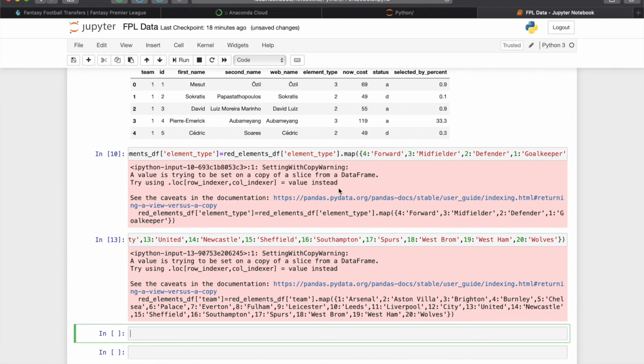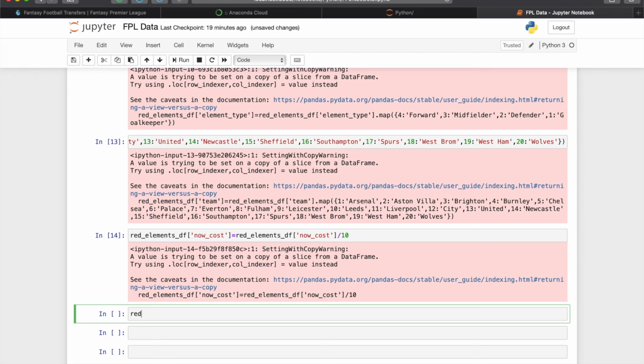Now the main part: the now cost has to be divided by 10 to get the actual player value. So for that, just use divided by 10. Now let's see our values again. We should have the team name, the player position and the player value in decimal form.